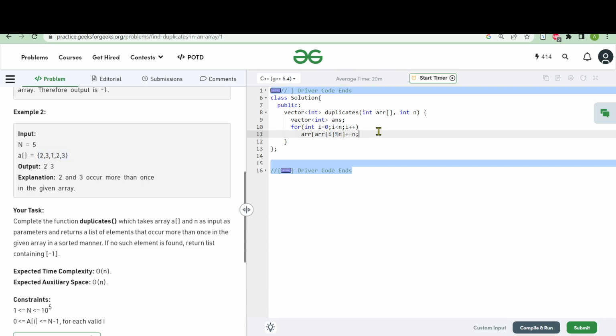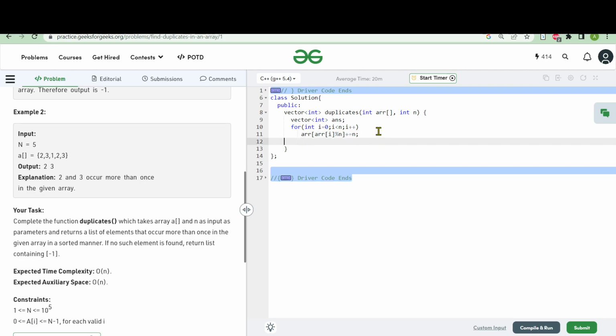I hope it is clear till now. Now let's move on to the next step, and what is that? We have to find the count for each element, and we'll start with 0. How many times 0 has come, how many times 1 has come. We'll check here